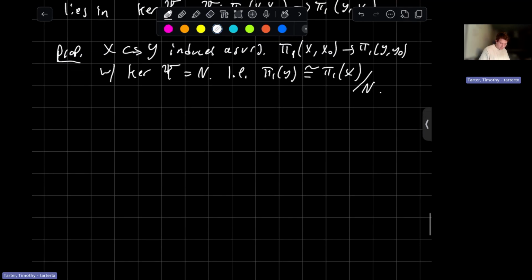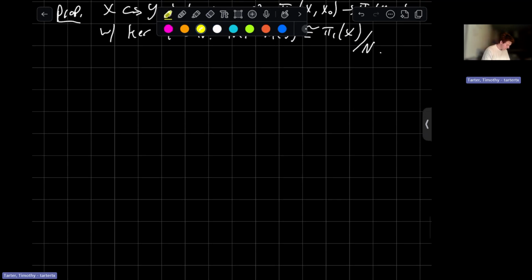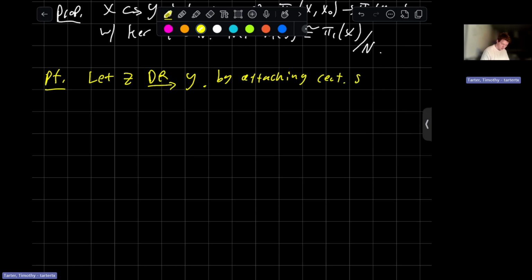So let's expand. Proof. Let's expand Y to a slightly larger space Z that deformation retracts onto Y. Z is obtained from Y by attaching rectangular strips